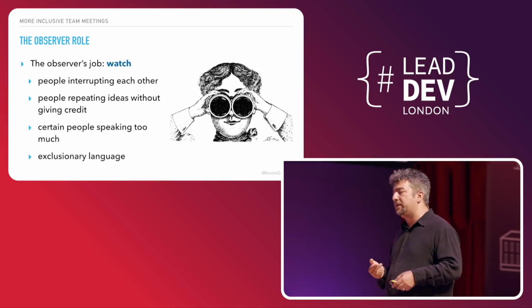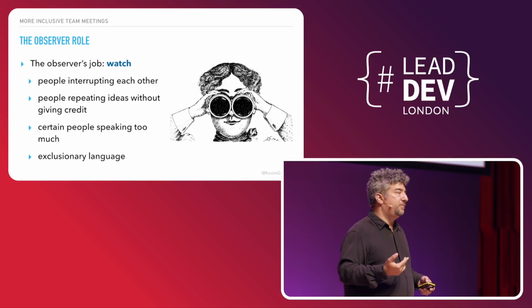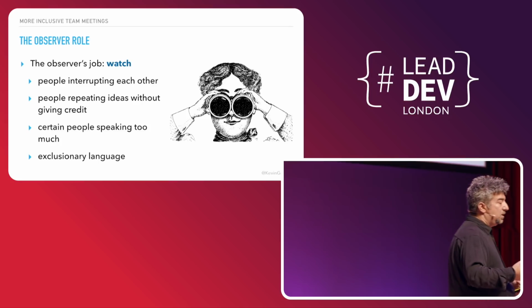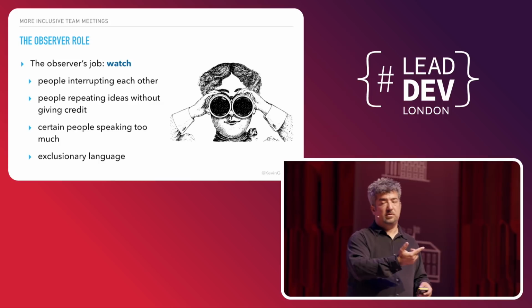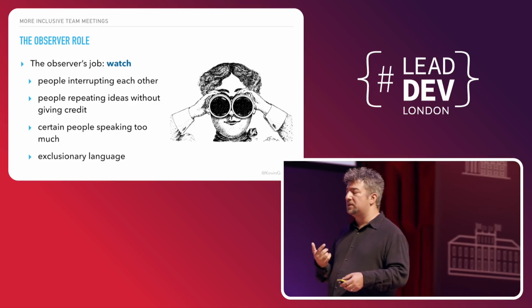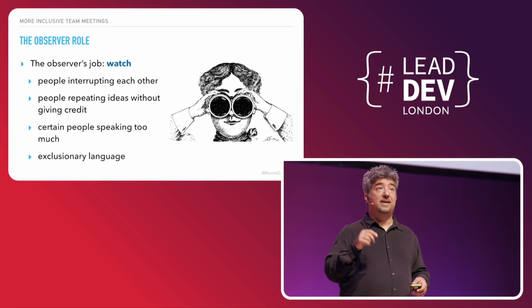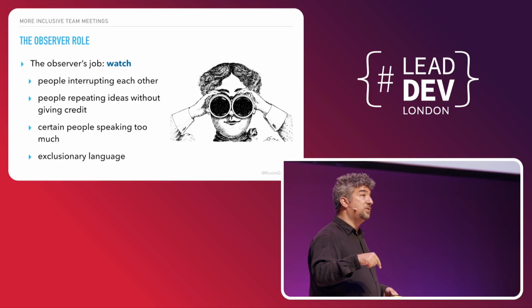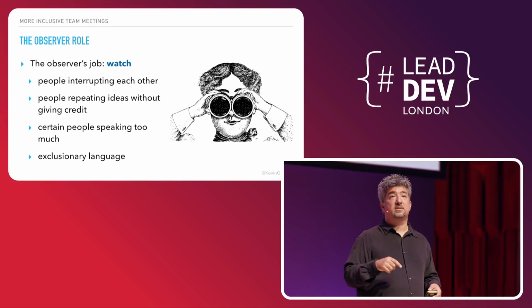There's another role I use, and it's an observer role, and I've done this for a number of years. You may want to have this be somebody in your team, or you may, if you're comfortable, invite somebody from another team to do this. The observer role in your meeting, they watch the meeting. They do not participate. They have no role in the discussion. Their role is to watch everybody else.